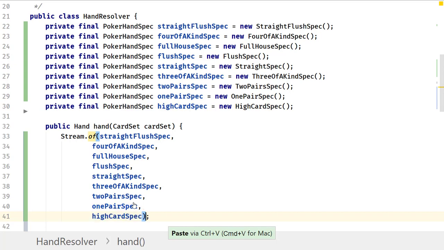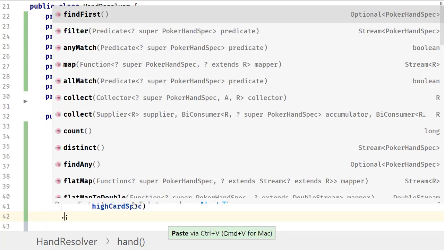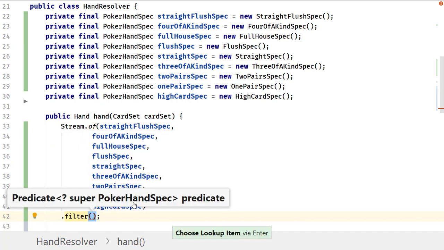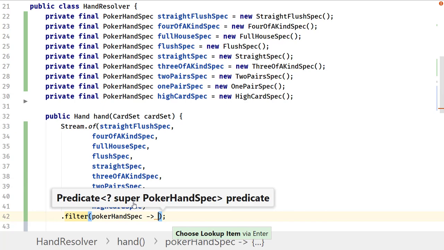So we have the stream dot filter by what? Poker hand spec